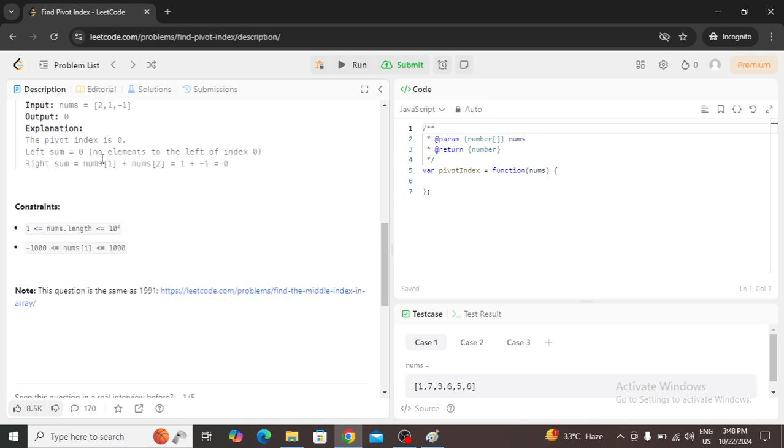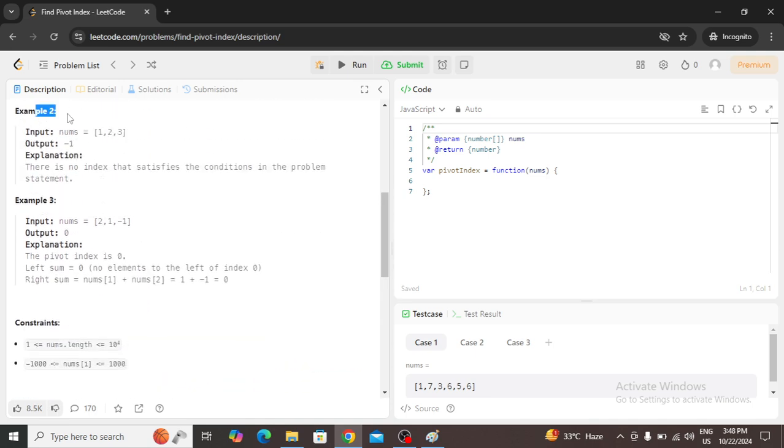Let's go through the next example. We have elements 1, 2 and 3. At index 0, we do not have any left sum, so it is 0, and the right sum is 5, which is greater. Again we move to the next element.